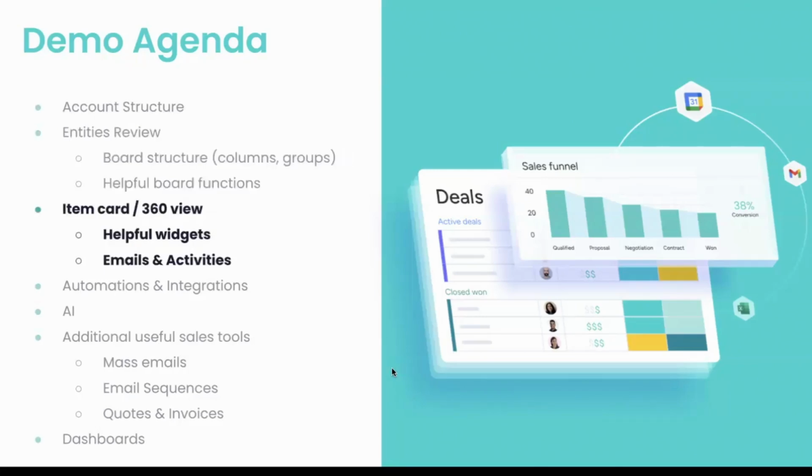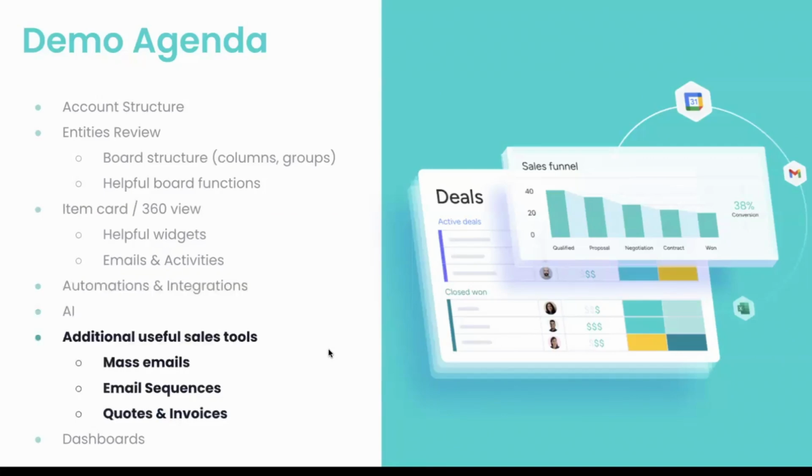We're going to review the item card, or as we call it, the 360 view. We're going to look at widgets and what can be helpful for you, such as the emails and activities widget, the most useful one for CRM, where you actually manage all your communication. We're going to show a little bit about automations, integrations, and AI, of course, and some other useful CRM tools like mass email, email sequences, quotes and invoices, and finally, dashboards. Okay, so let's get